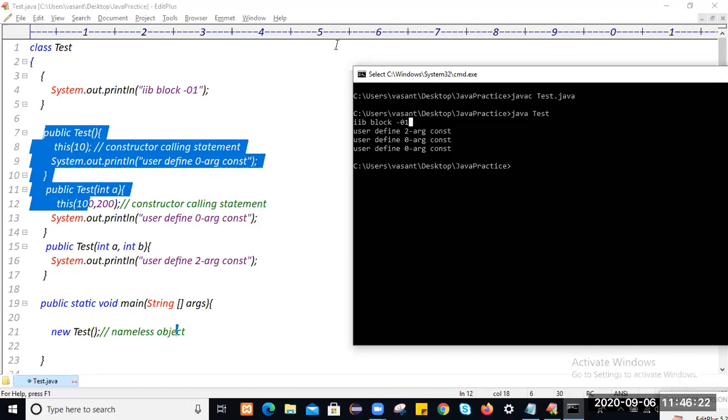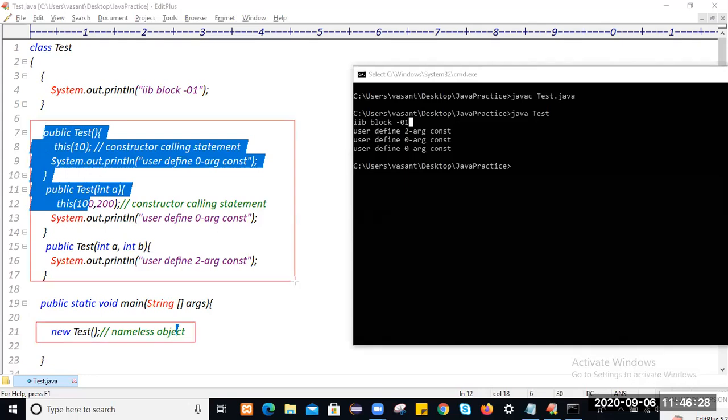But how many constructors are there? 3 constructors are there, and these 3 constructors are executed here. So instance block execution depends on how many objects you created within the class, but not on how many times the constructor got executed. Am I clear here?